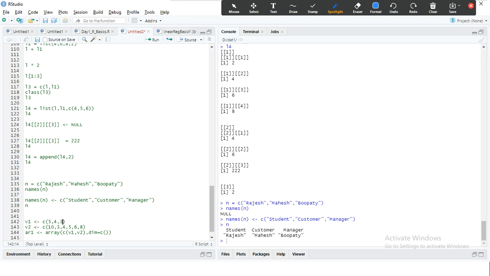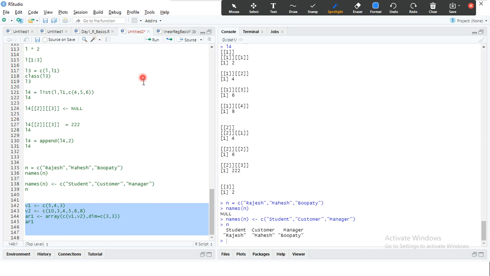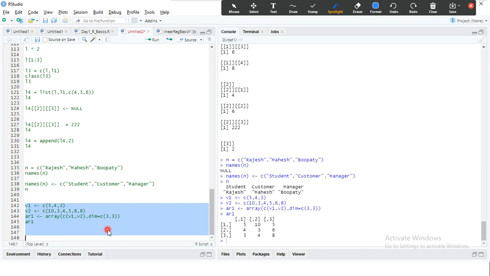So what we can do is create a 3 cross 3, or else here I'm going to specify dim of, let's say, 3 cross 3, right? First we'll start with this one and we'll see the multi-dimensional part. 5 4 3 and 5 4 3 and 10 3 4 and 5 6 8, 3 cross 3. And the next one is